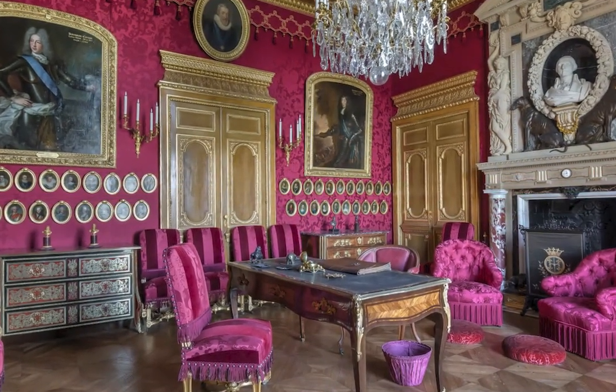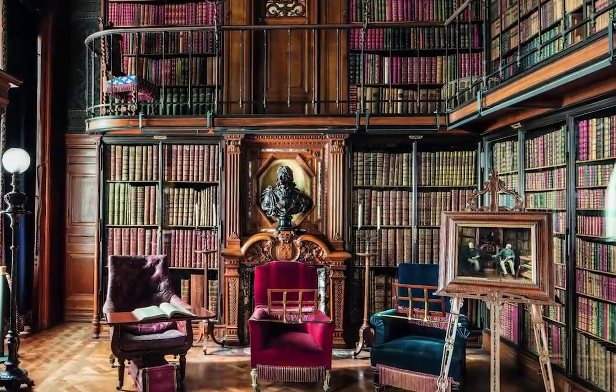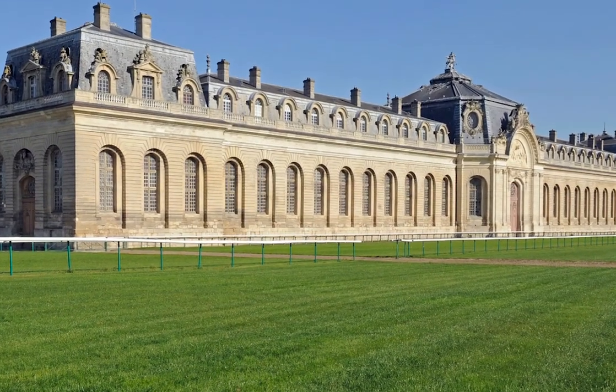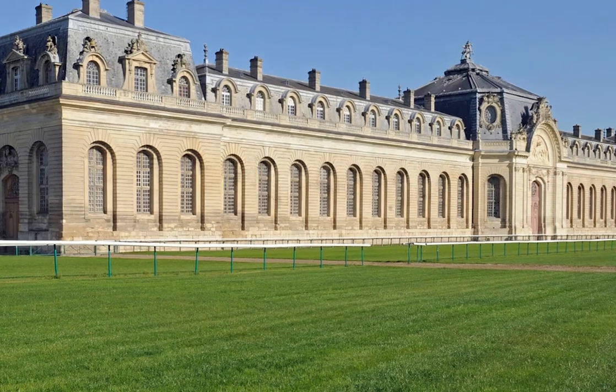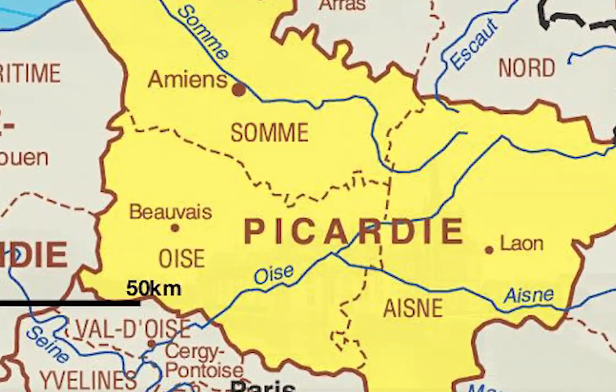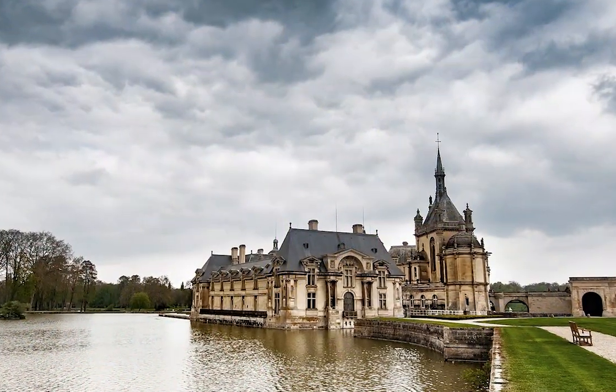Inside, it's a treasure trove of art, rare manuscripts, and a library that would make any book lover's heart skip a beat. And let's not forget the grand stables, which are so luxurious they'd make any modern-day horse green with envy. The Château de Chantilly, located in the Picardy region of France, is a masterpiece of French heritage with a